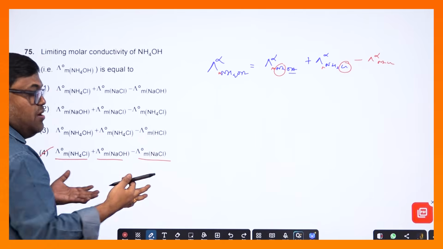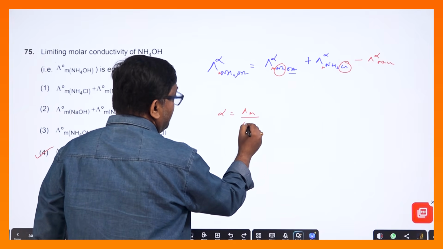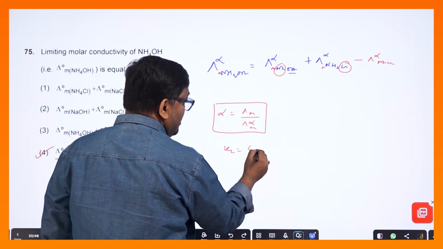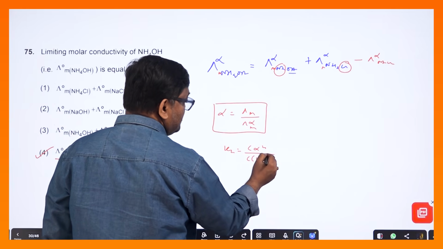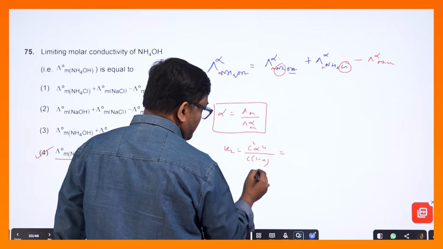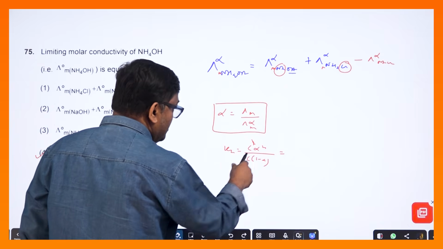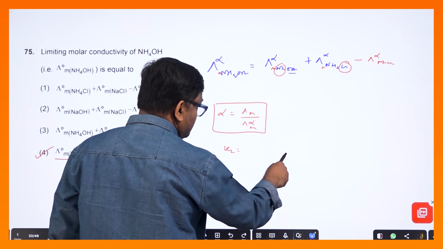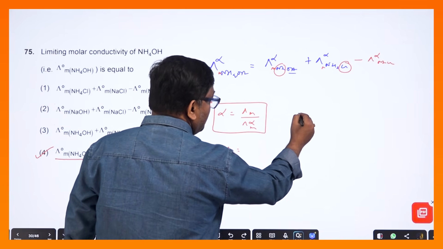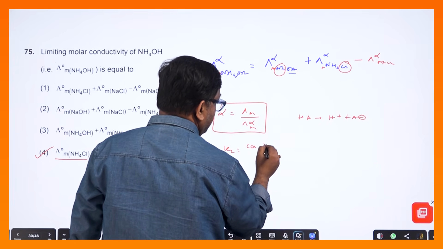বেসিক এটা কোলরাউশ লর প্রবলেম, বেসিক এখান থেকে ম্যাথমেটিক্স দিতে পারে, এখান থেকে দিতে পারে আলফা ইজিক্যাল টু ল্যামডা এম বাই ল্যামডা এম ইনফিনিটি, আলফা বের করতে দিতে পারে, অ্যাসিডের দিতে পারে Ka ইজিক্যাল টু C আলফা স্কোয়ার বাই 1 মাইনাস আলফা। সেখান থেকে C কেটে গেলে, বুঝলি তো, পুট করে ধরো মানে C আলফা স্কোয়ার বসালে, তাহলে তোমার কেটে যাবে। অ্যাসিডের ক্ষেত্রে, অ্যাসিড ধরো HA ভেঙে গেলে কি হবে, H প্লাস আর A মাইনাস, তাহলে এখান থেকে